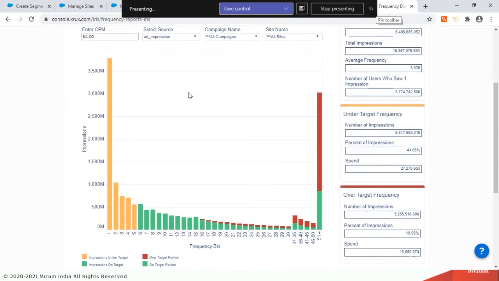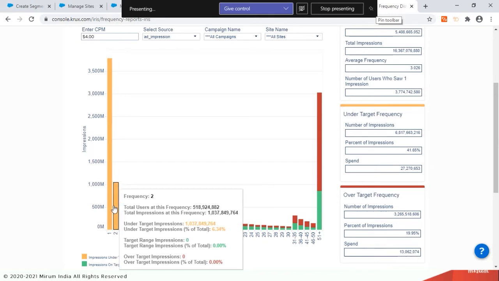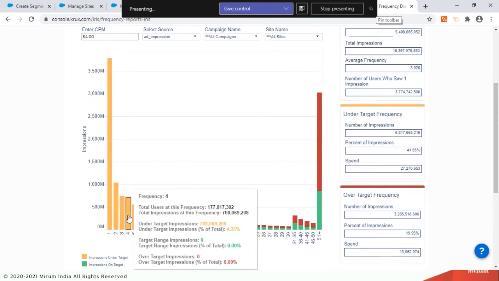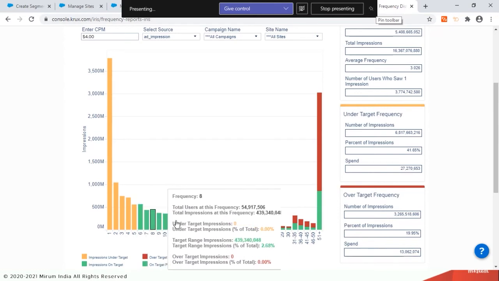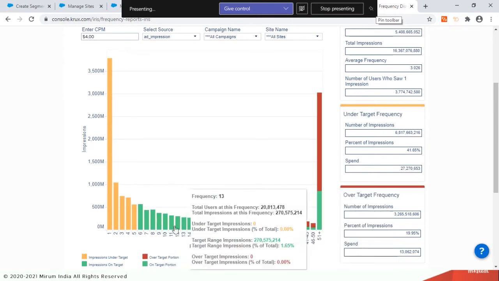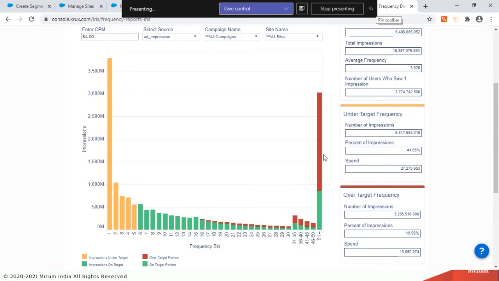And this is what the plot looks like, right? There is a good chunk of people, rather close to 3.7 billion devices, where the ad is shown only once. This is the uniqueness of that particular ad, right? And how many times a particular device or person has seen that particular ad is shown here, right? Orange is basically underserved people or devices, and green is on target. So between 6 to 15 is what I'm looking at as on target devices, right? And then there are obviously overserved ones.